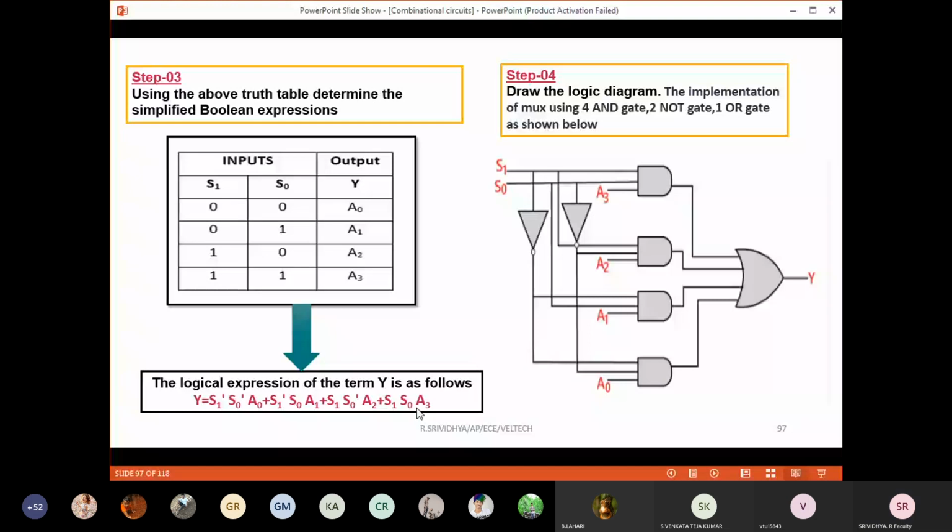Deepika? Yeah, Deepika is there or not? Yes, Deepika. Yes, ma'am. Yeah, fine. You understood how I'm writing this expression from the truth table? Yes, ma'am. Okay.